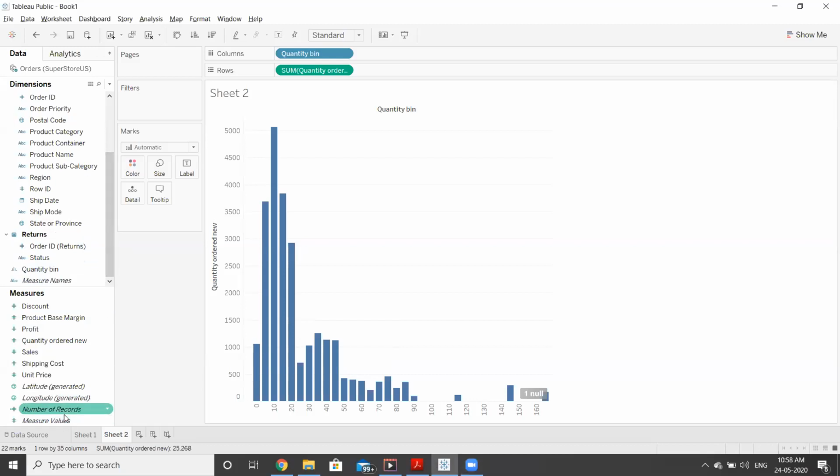There's only number of records here. This is your older version, that is why it is showing it that way. In the latest version, I don't see the words dimension and measures. I can distinguish between the blue color and the green color. Blue color is dimension, green color is the measure. Thank you, sir.